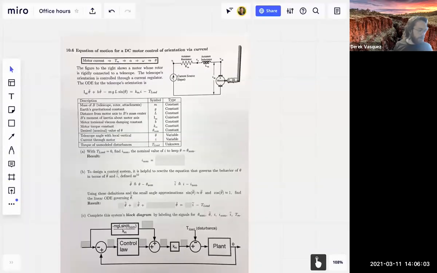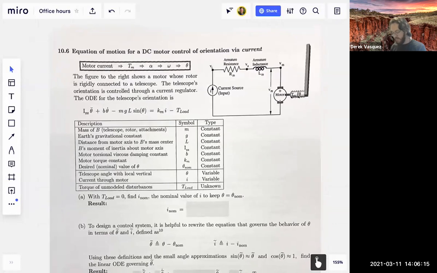Okay, so today we're going to be going over problem 10.6 from the homework. So if you guys could open there. So we have this motor here, and you've got this basic motor circuit that is current controlled. So it says the figure to the right shows a motor with the rotor rigidly connected to the telescope, and so the telescope's orientation theta is described by that